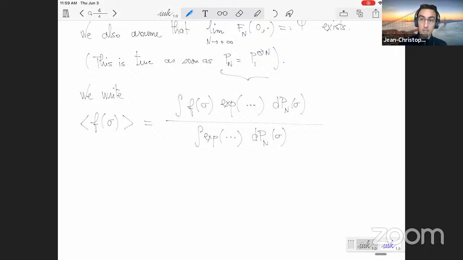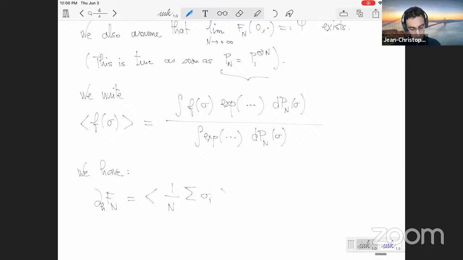Because this is the expectation with respect to the Gibbs measure, and I don't remember if we have done the derivation for the full general model or only for the standard Curie-Weiss, but in any case, it's exactly the same. We have seen that when we differentiate in H, what we get is the mean magnetization. So, I still don't know if the question in the chat is answered, but